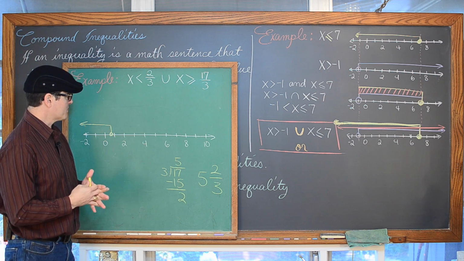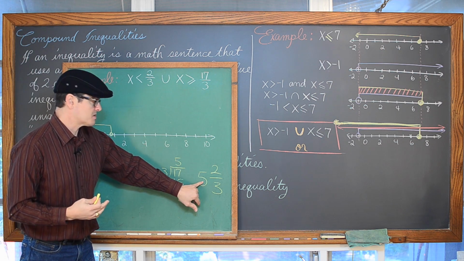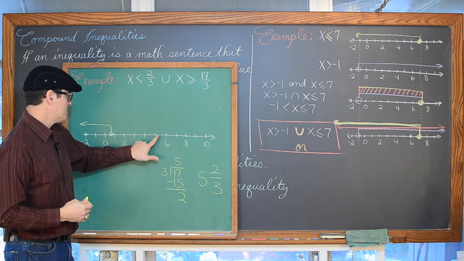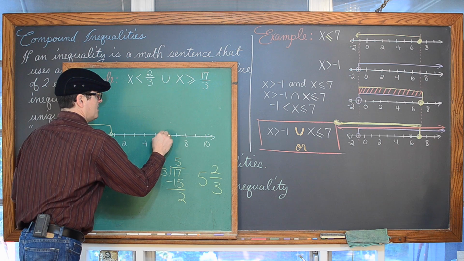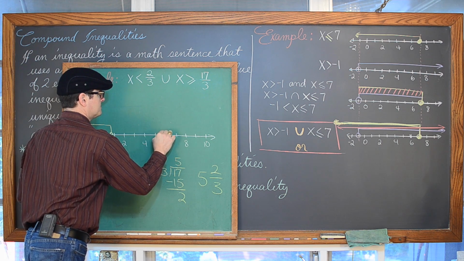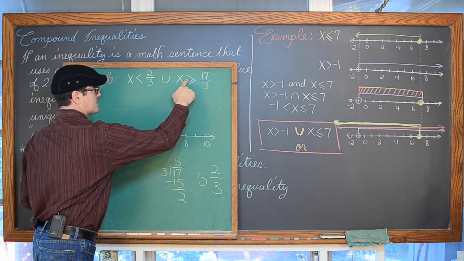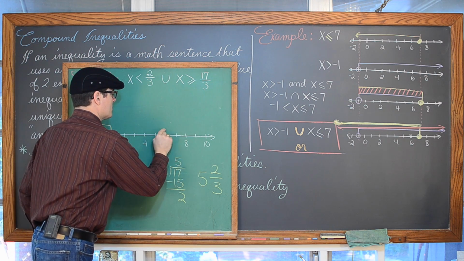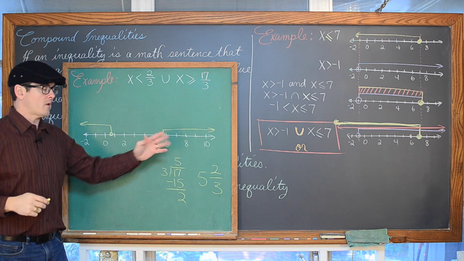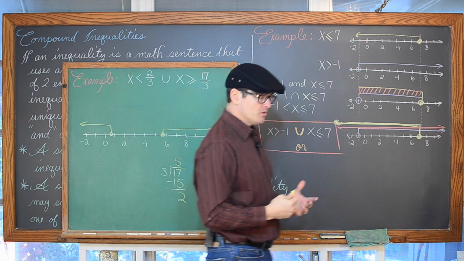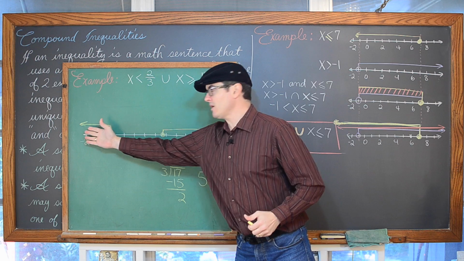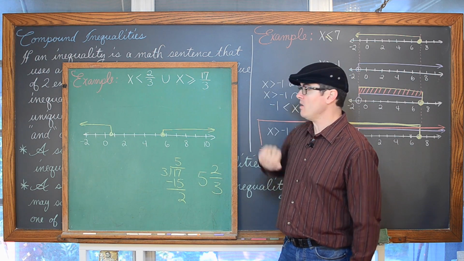2/3 is going to be more than a half, so it's going to be closer to 6 than it's going to be to 5. So here is 4, 5, and 6. We're going to put a solid dot this time because of that equal sign. And we are going to shade, this is x is greater than. So the numbers get greater or larger as you go to the right on the number line. And that is the solution, or the number line graph, for this inequality.